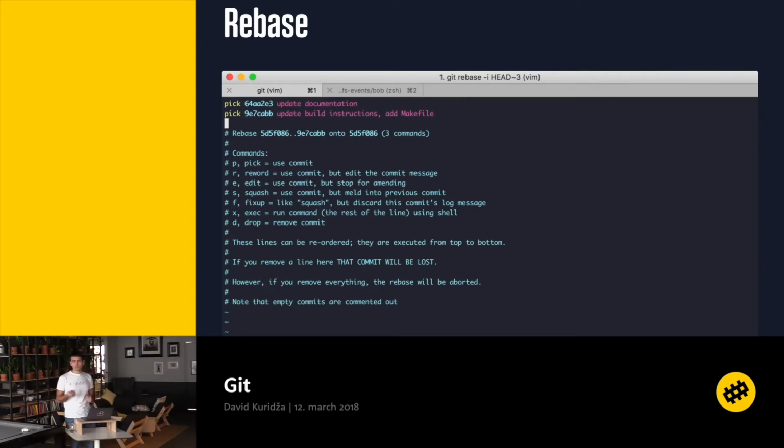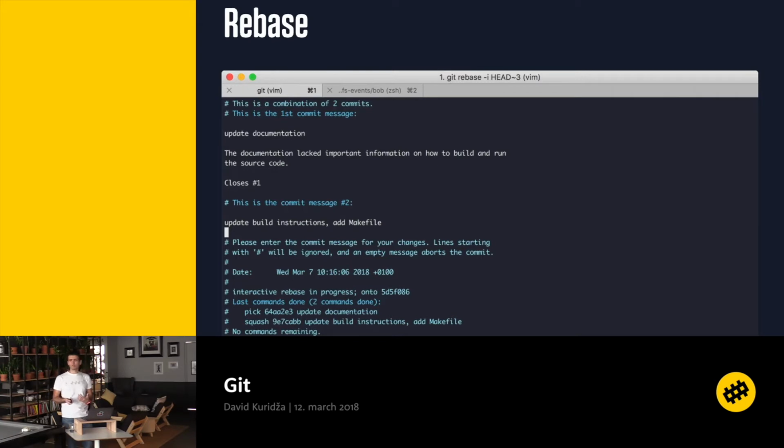So the next thing is she knows she has to merge those 2 changes together. There are a few ways of doing that. With rebase, it's very easily done with squash. So here, instead of pick, you change it to squash or simply to s. And in the next step, when you exit the editor, Git will